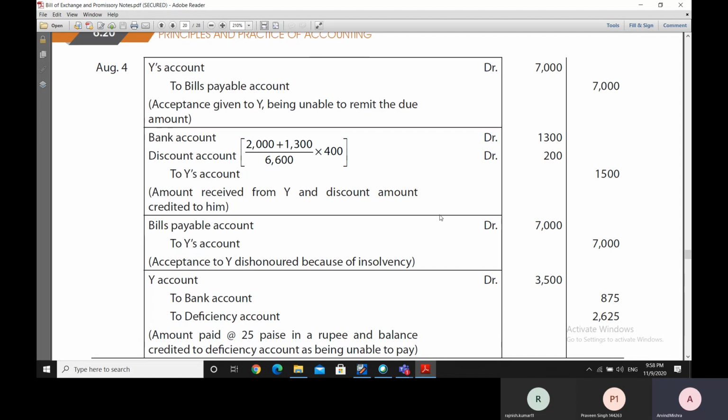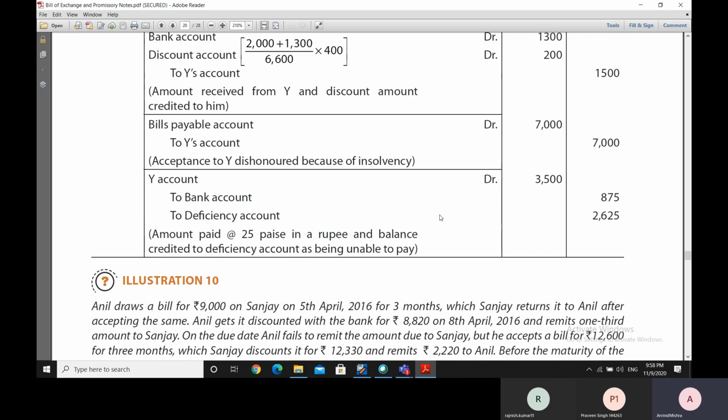Now the bill gets dishonored. So if the bill gets dishonored, the reverse entry has to be made, and the bills payable account in the books of X is now debited because earlier it was credited, and Y's account is once again credited. This is a reverse entry on dishonor,